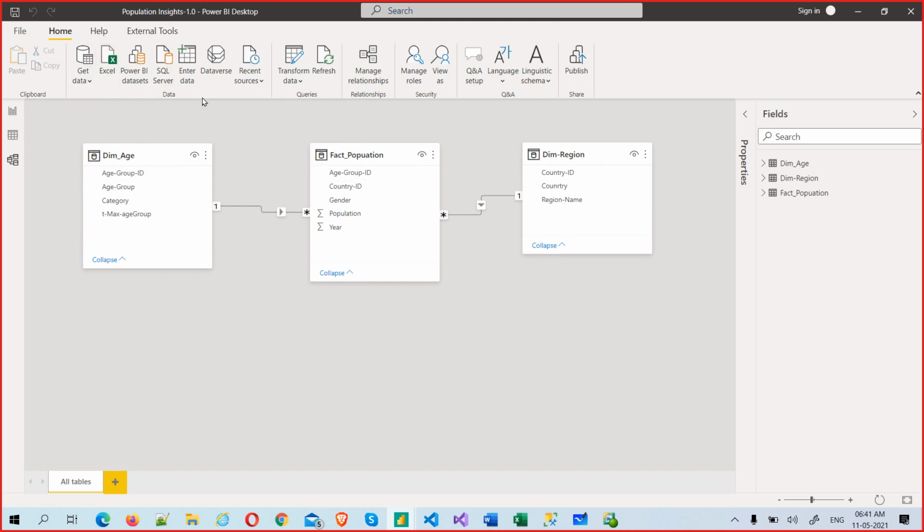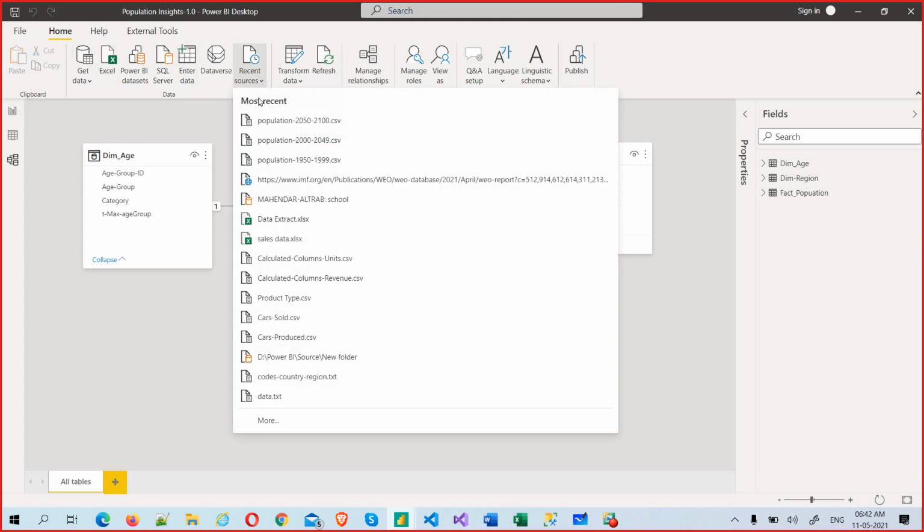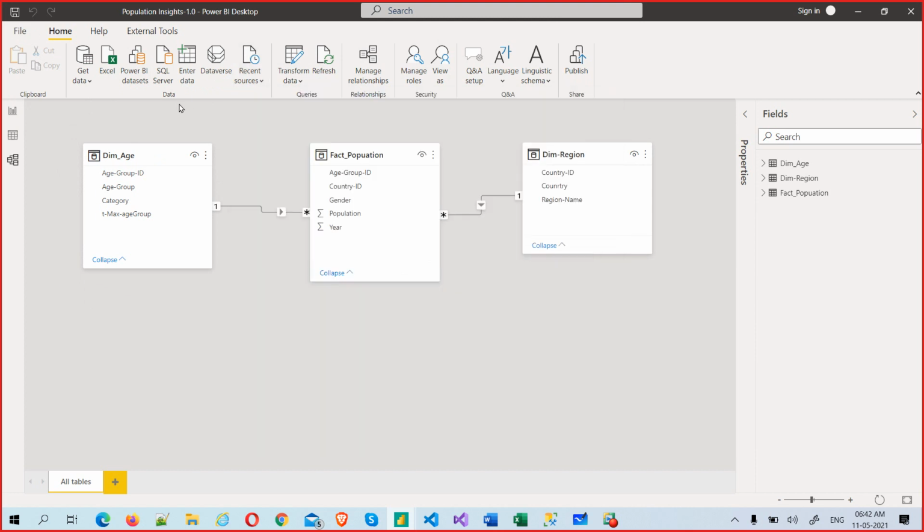We almost understand this get data, and these are also options here. But actually, if you see the recent sources, that's what it is. And the publish, it is just publish. You can also publish from here. If I work only on the backend and I'm not concerned about my visuals, you can publish from here.